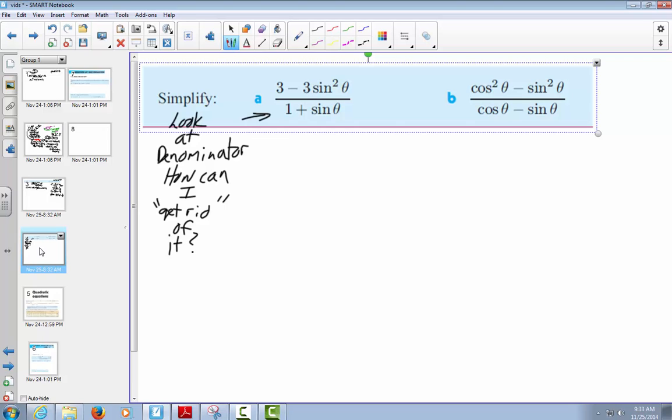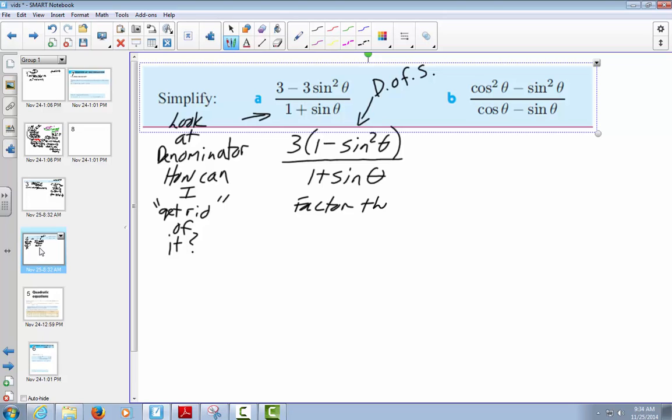First thing I'm going to do is factor out the 3. 1 minus sine squared theta over 1 plus sine theta. Now, normally I would say let's change 1 minus sine squared theta to cos squared theta. But I only want to do that if I have cosine in the denominator, and I don't right now. So what we'll do is, I'm going to short form it, difference of squares. Because 1 is a square, I got a minus sign, and I have sine squared. So we're going to factor